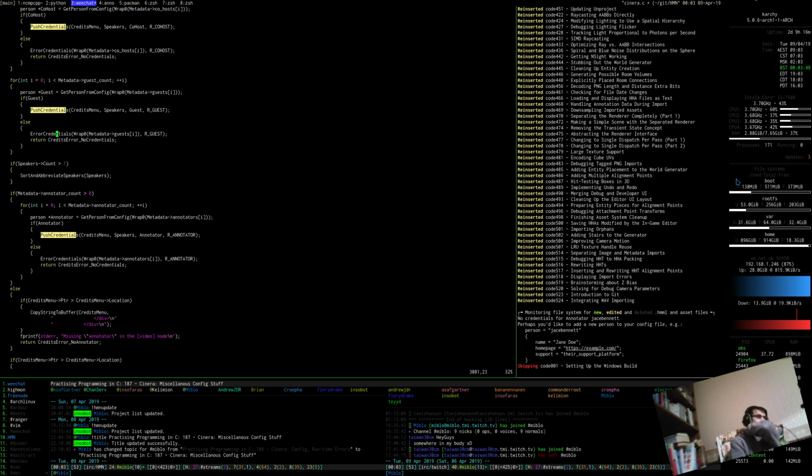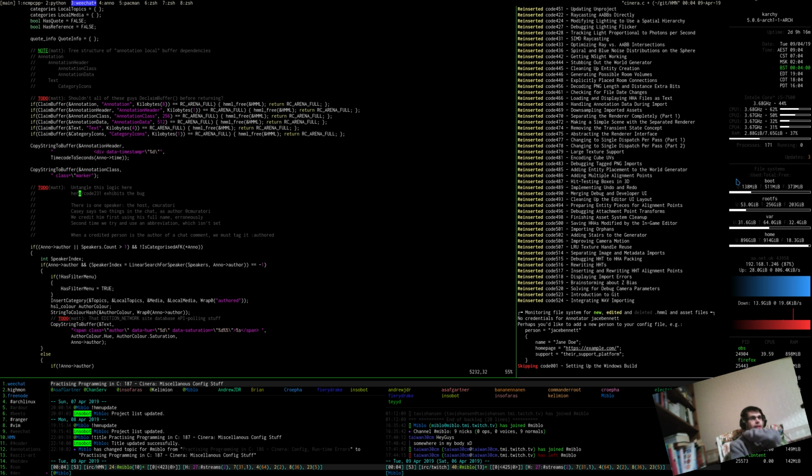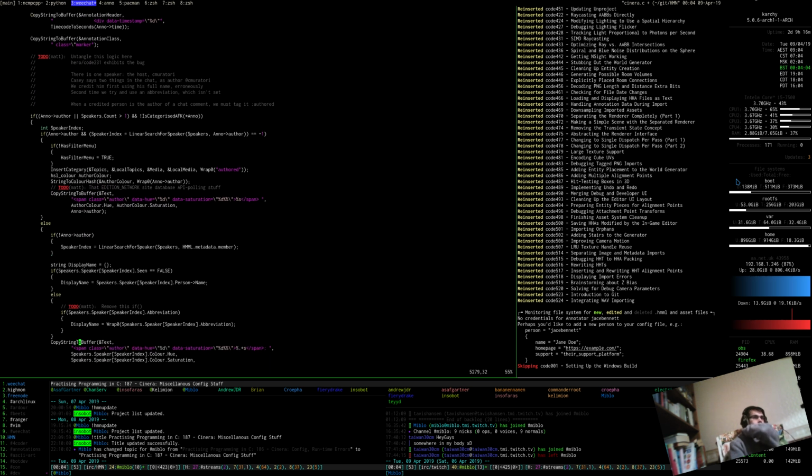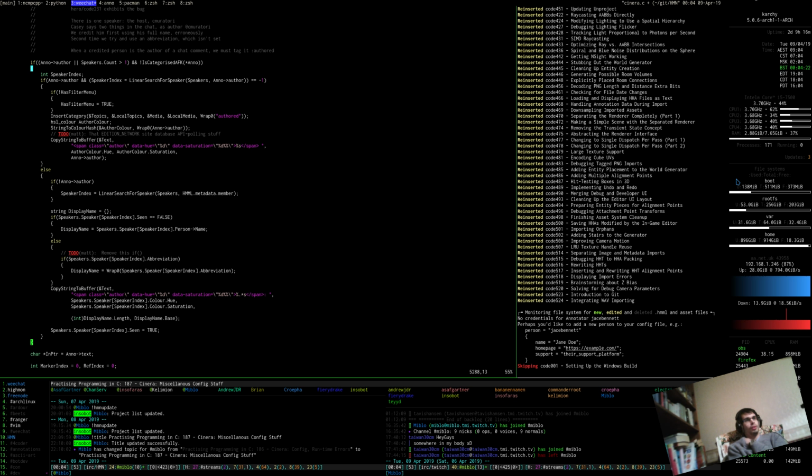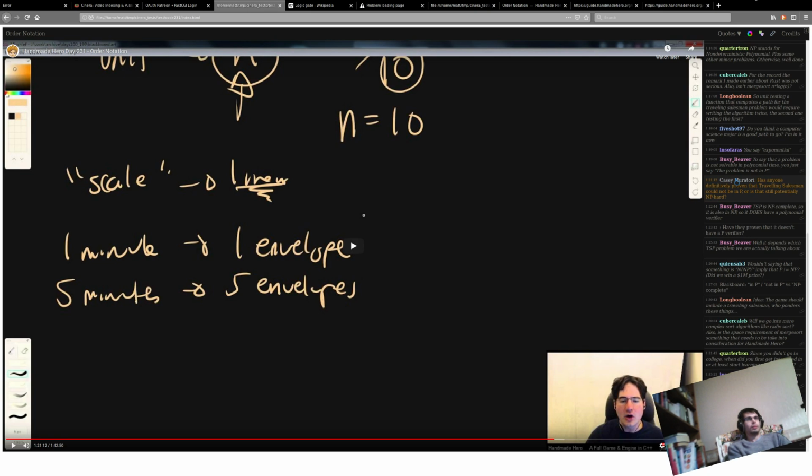Now, I mean, this is kind of beside the point, actually, I suppose, so we don't really need to necessarily go into that. Maybe. So, if the annotation has an author, what this means is we've got two cases here. In one case, we have things like this, where we've got just regular old speakers in the chat. In another case,